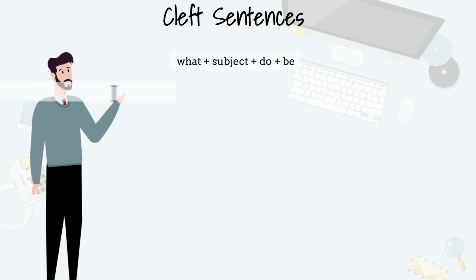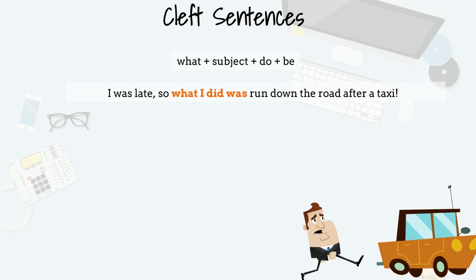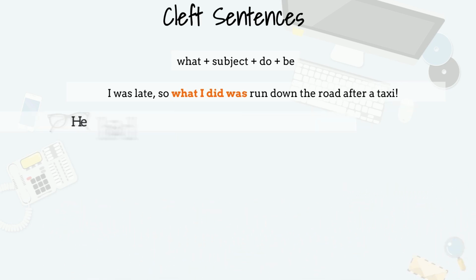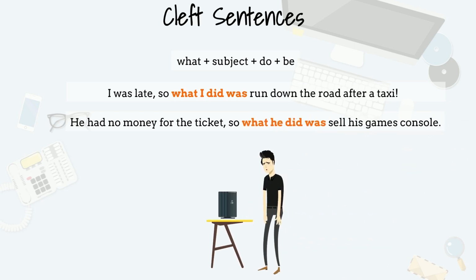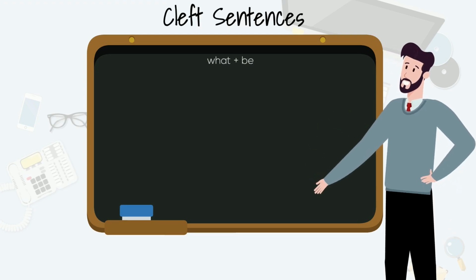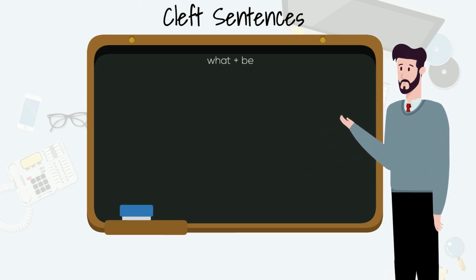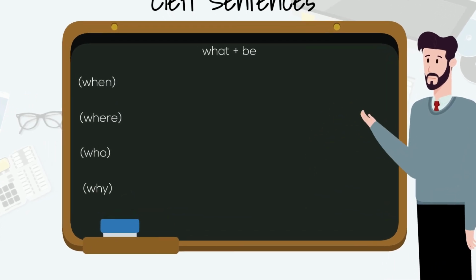For example, we can replace what with other nouns or noun phrases, usually as a substitute for when, where, who, or why. For example,